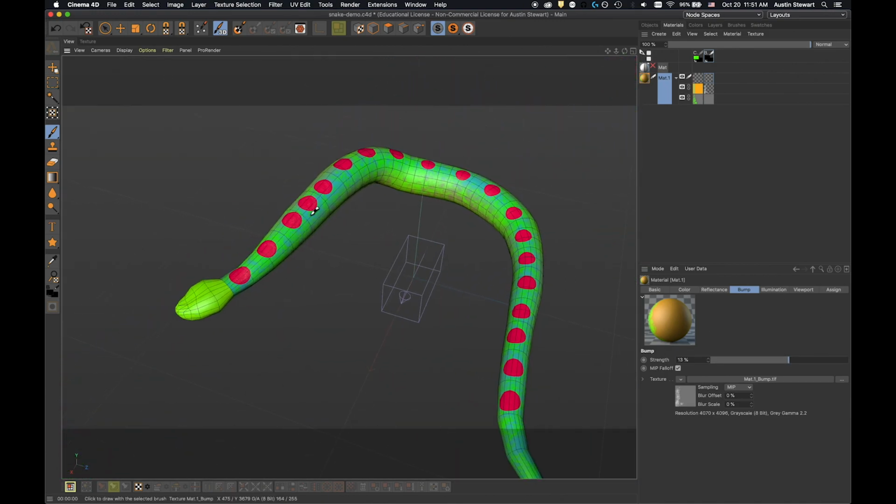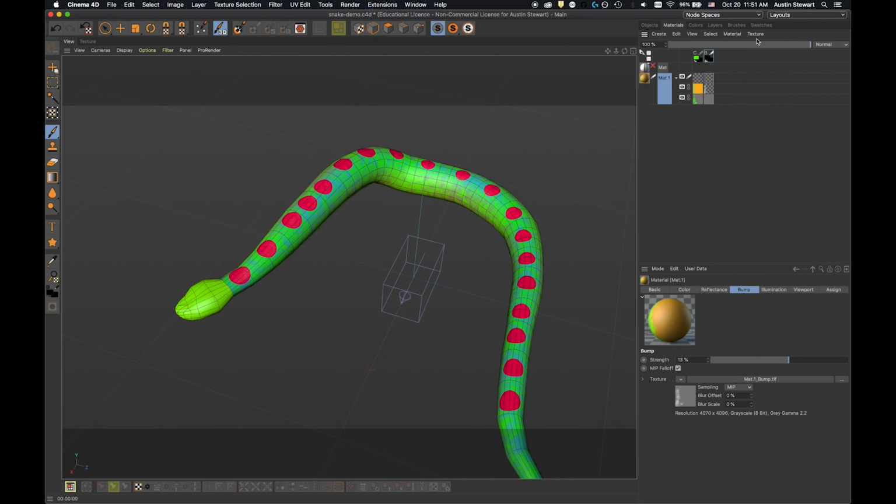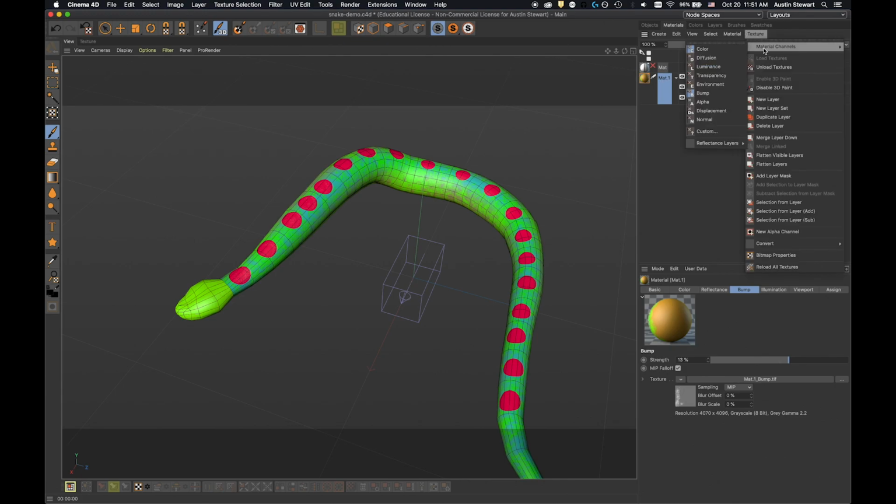So we've got that. So now what we would like to do is, let's say we want to say, oh, now we need to do reflectance. We want this to be shinier and we don't want it to be evenly shiny. We want to actually be able to make some areas more reflective and some areas less reflective. So how do we do that? To do that, the first thing we do is we select our material and we go to texture, and there's this material channels option at the top, and you'll see that color and bump are highlighted in blue. To add an additional channel, we'd need to go to any of these and click on it, right? So like if I want,